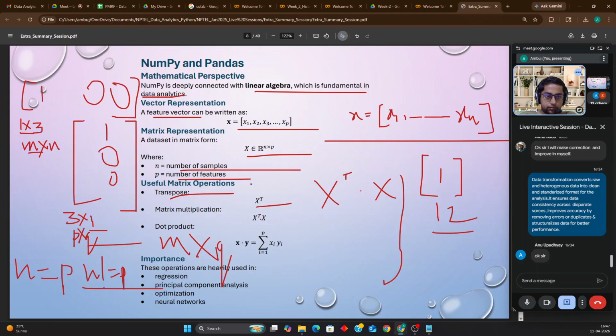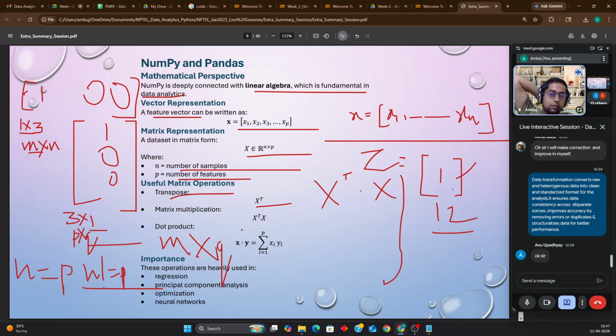The resultant matrix after multiplication, suppose it is Z, would have only one element, that is 1. Because I multiplied this row with this particular column, 1 into 1 is 1, 0 multiplied by 0 is 0, 0 multiplied by 0 is 0, and you have to add the elements, so the result will be 1.